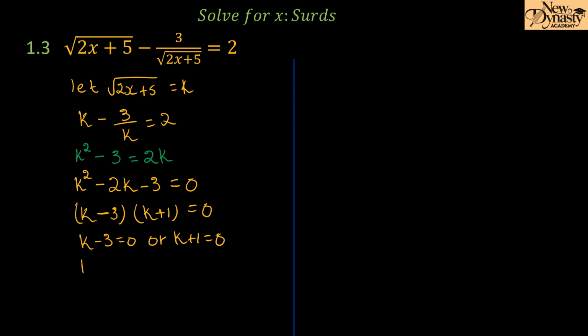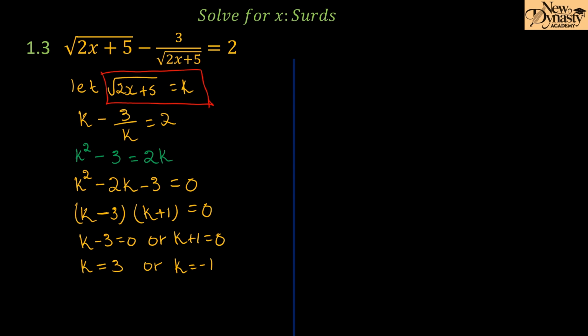Therefore, when you transpose, k equals 3 or k equals negative 1. So remember, we are solving for x, we're not solving for k. So in this case, what we're going to do is go back to our equation, because we did have the equation here which says that the root of 2x plus 5 equals k. So we're going to substitute the values of k here. So we're going to say,